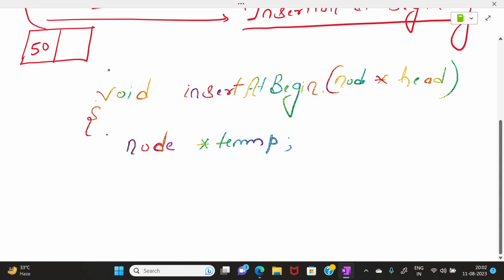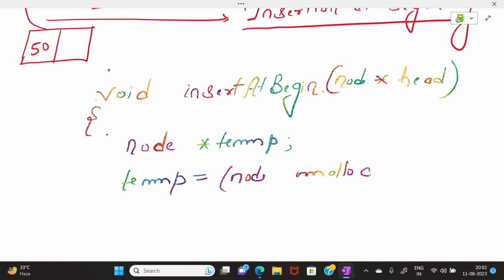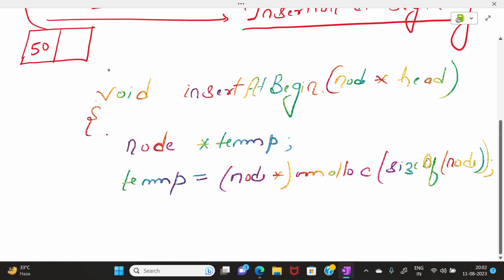Now we have to create this node first. So creating this node will be done with the malloc function in C. So it will be node pointer malloc, and then sizeof, the O should be capital, sizeof node. Okay, so this way we can create a node temp,